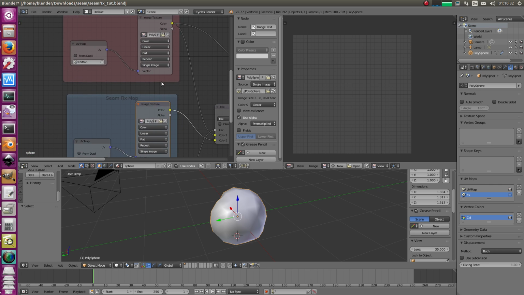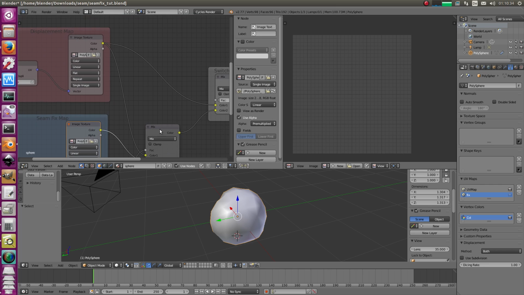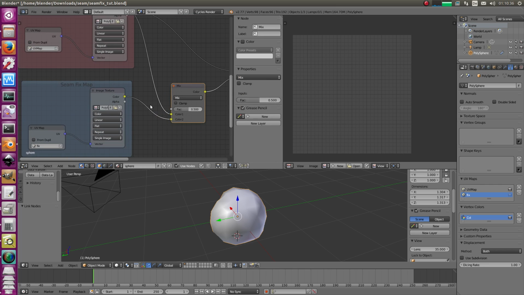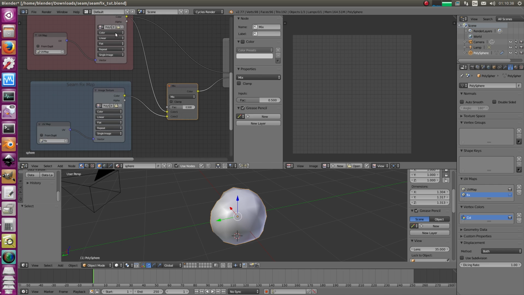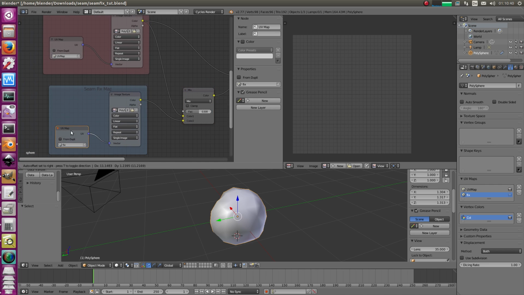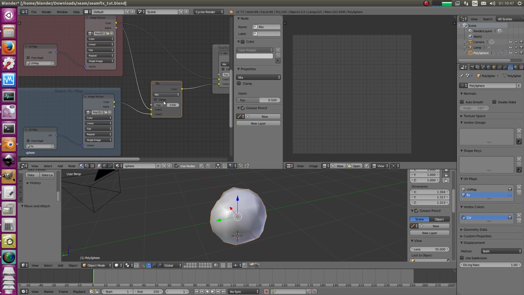Here it is, Seam Fix Map. And as I said, let's disconnect this one. We blend these two maps together, and of course you assign the proper UV map to it, UV map and fix. Then you blend it with a mix RGB node. The question now is what factor should we use? And that is